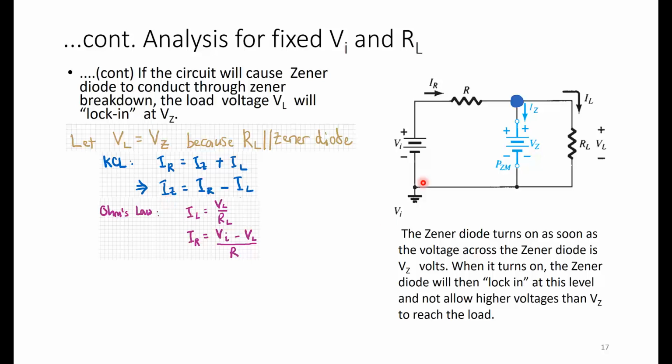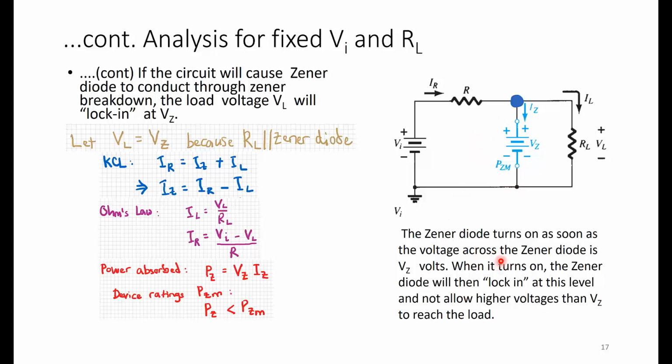And then once we know that, we can find the power absorbed, because if we have the Zener voltage and we know the current through the Zener diode, we can find the power dissipation of the Zener diode, and we can check against the device rating PZM, because we must make sure that the power dissipation of the Zener diode must be less than the maximum